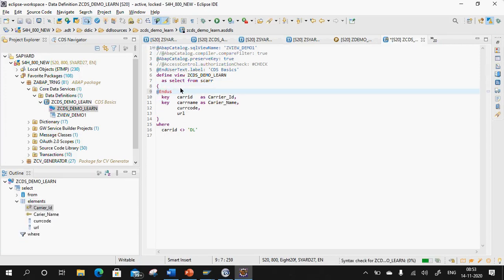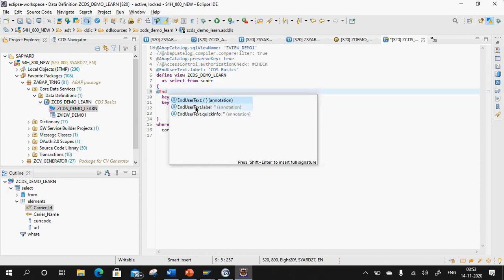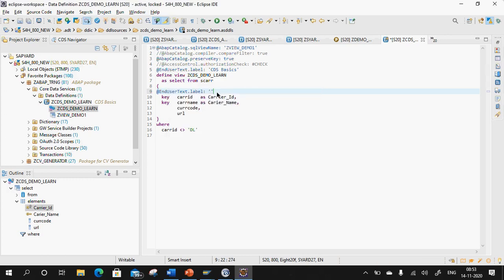@EndUserText.label, just press Control and Space, and you give @EndUserText.label. Now you can specify any label for the same. So Control and F3. For an element level annotation, either this annotation can be before this element, or if I want, it can be after this element as well.